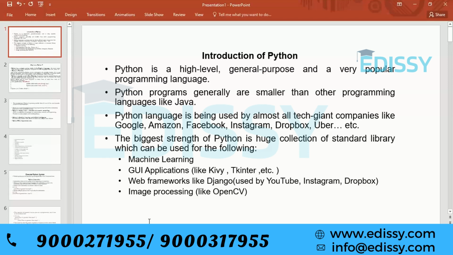Another very beautiful library is OpenCV. If you want to work on image processing, like face detection, feature detection, or motion detection, this can be done with the help of the OpenCV library, and Python supports it. There are so many inbuilt algorithms available in OpenCV for motion detection and face detection.